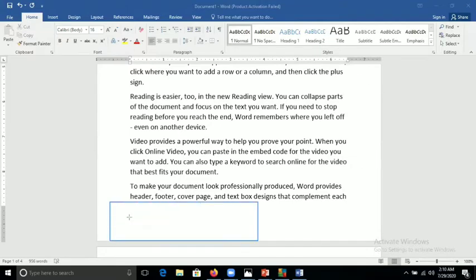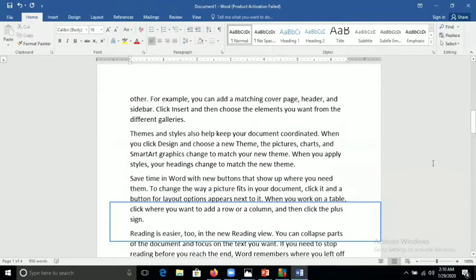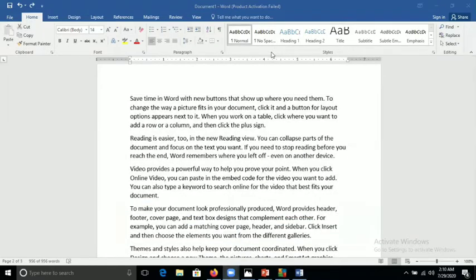This one is my bottom margin, and the left side you can see here, this one is my left margin.